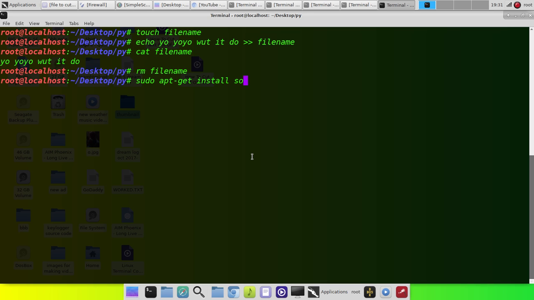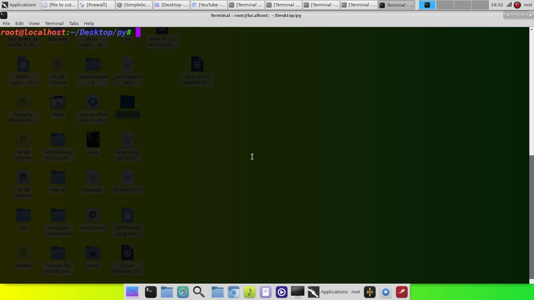What else we got here? Enable, disable your firewall. ufw enable and go. Now, if it says this command is not found or whatever, then you need to install it by using apt-get install ufw. And then what else we have here? We went over echo, clear, make directory, copy a file. Let's see, touch filename, cp filename /root/